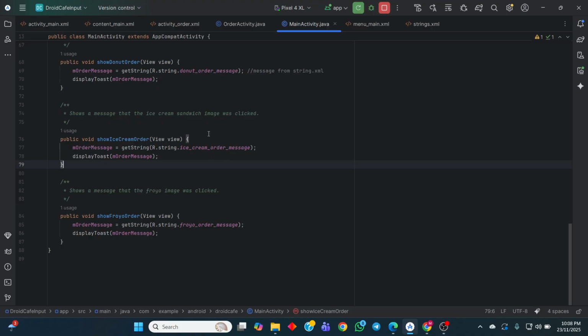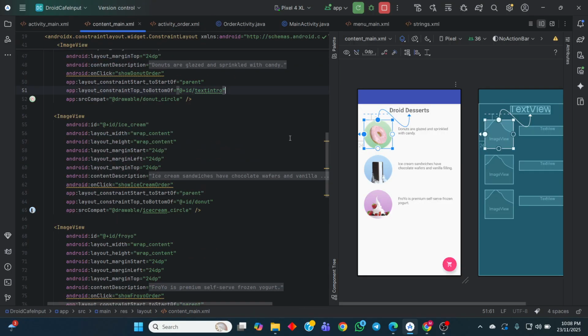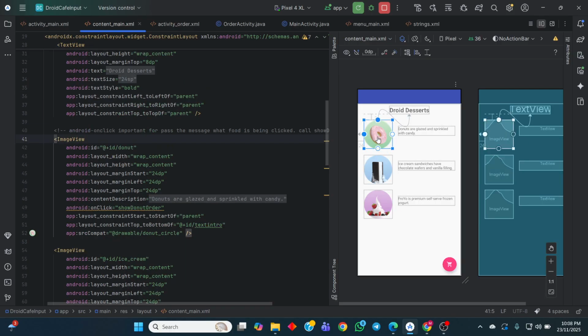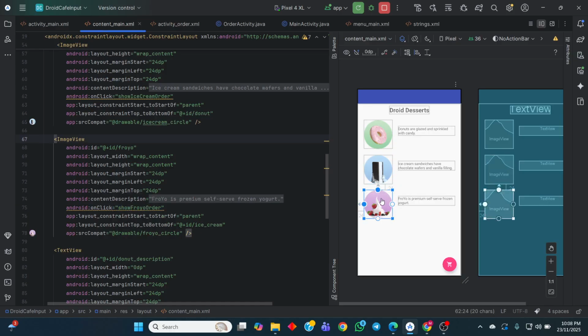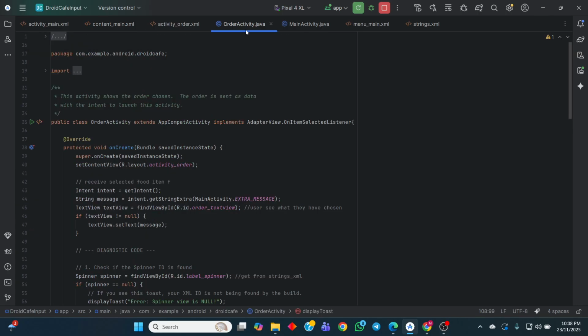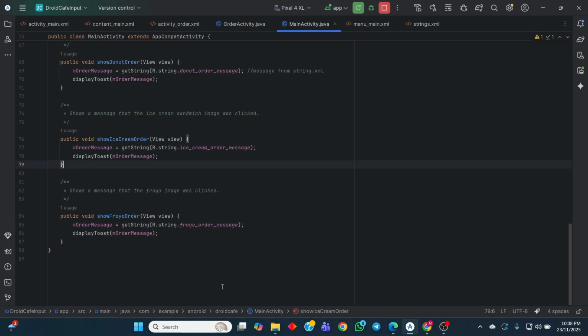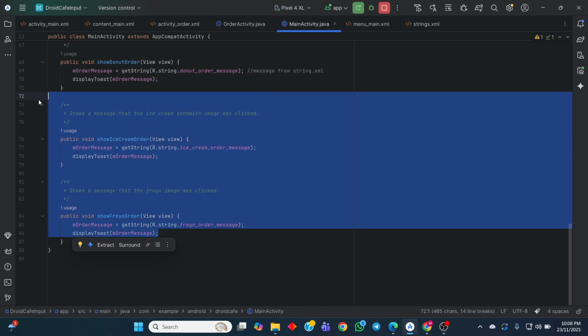Basically, if the user clicks a donut, for example, it will run this method, show donut. If this image is ice cream sandwich, it will run this. And lastly, for Froyo, it will run this show Froyo order. Based on the input, it will determine the method from the main activity using the onClick method.